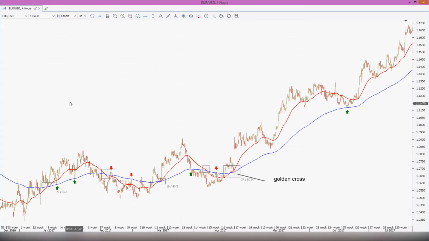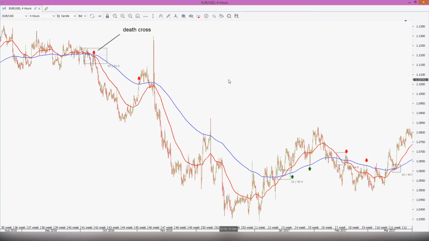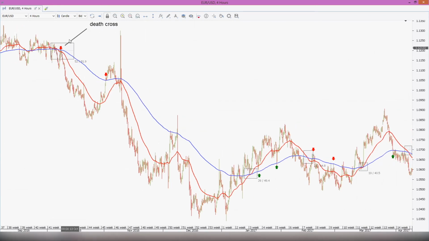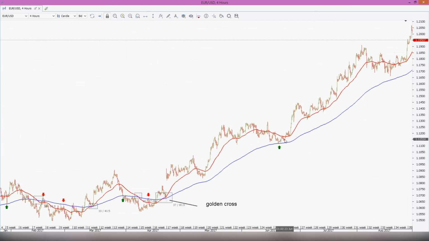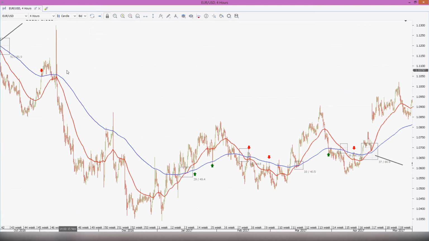Now let's go back to review this strategy. So we have one option that expires in the money. 1, 2, 3, 4, 5, 6. This one is a losing one, so let's say a losing one, but it could have expired in the money. So 6, 7 in the money, 2 out of the money, 8 in the money. Now with 8 options in the money and 2 out of the money in the last 6 months,